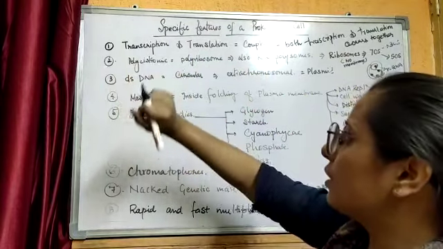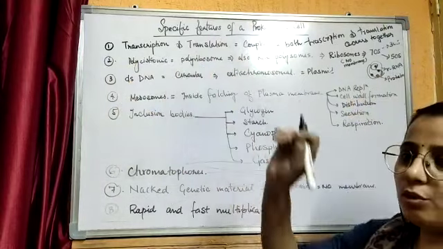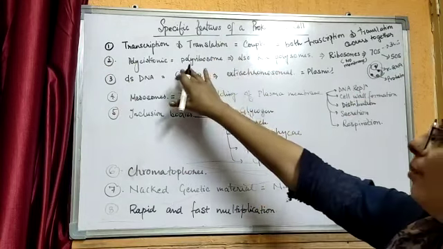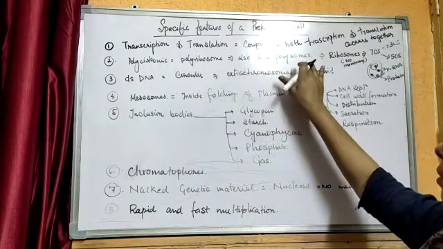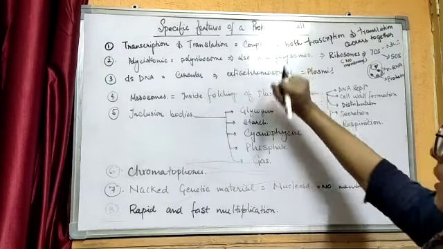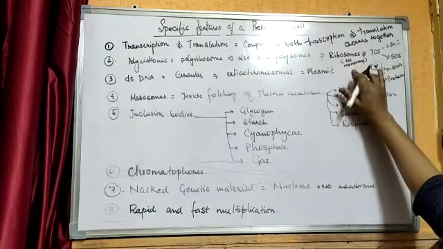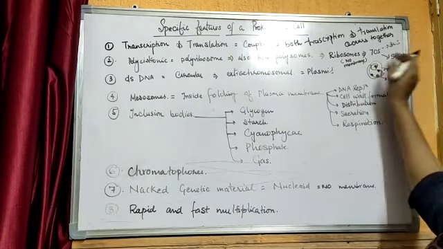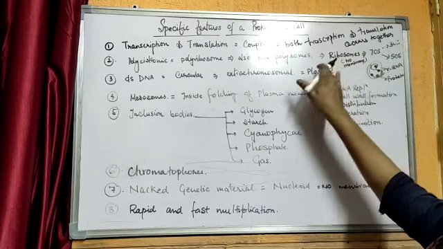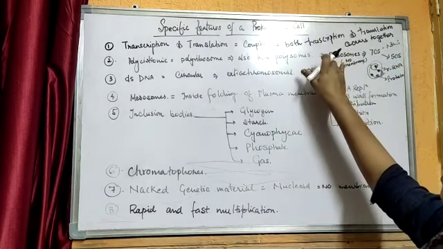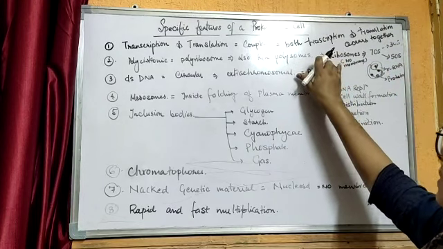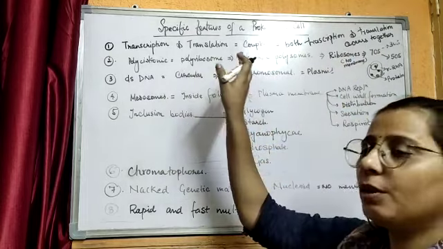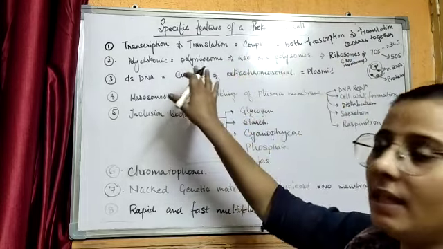The second feature is polycistronic, where a number of ribosomes are attached to the mRNA for the formation of protein, and these polyribosomes are together called polysomes. In the prokaryotic cell, these ribosomes are of 70S type, having subunits of 30S and 50S, and this S denotes the Svedberg unit. These ribosomes have no membrane, because the prokaryotic cell has membrane-less organelles.